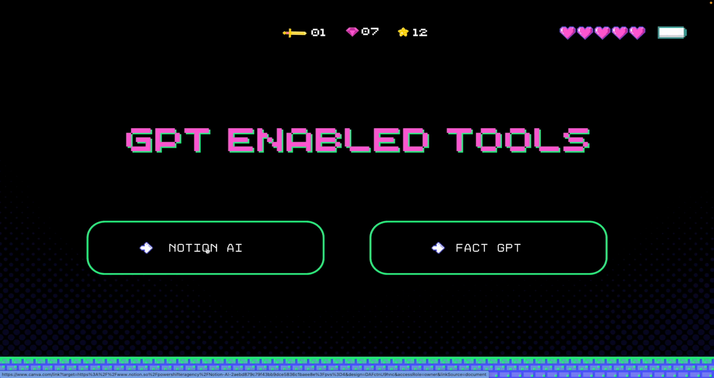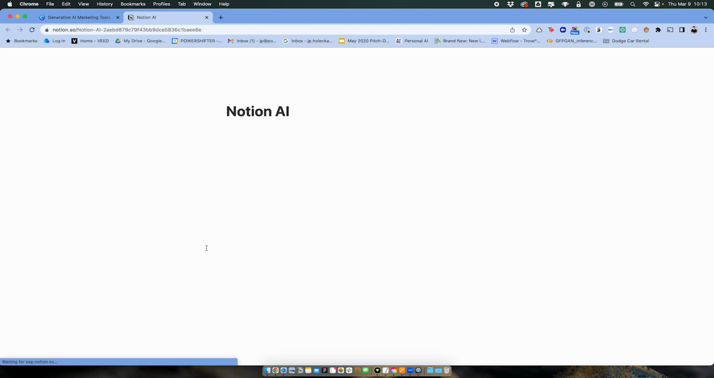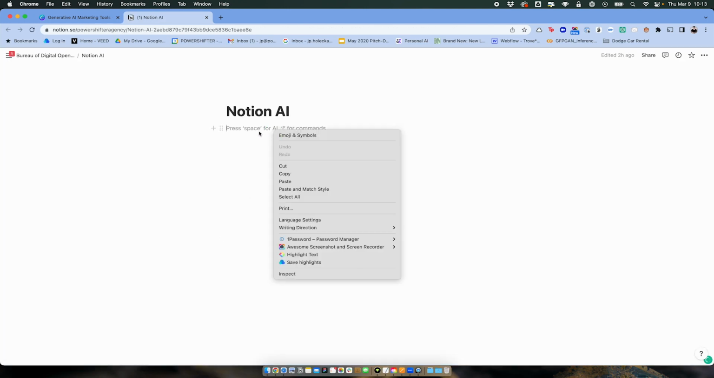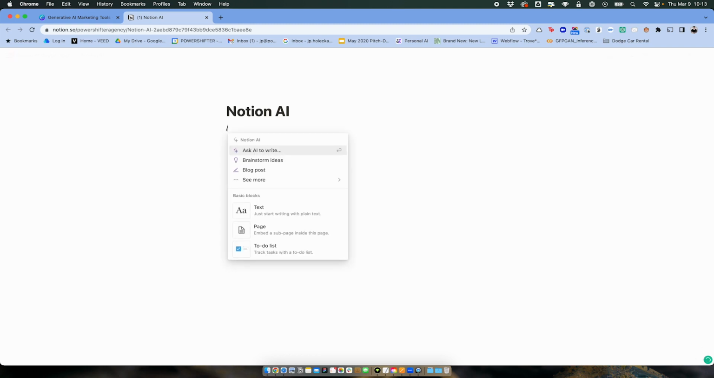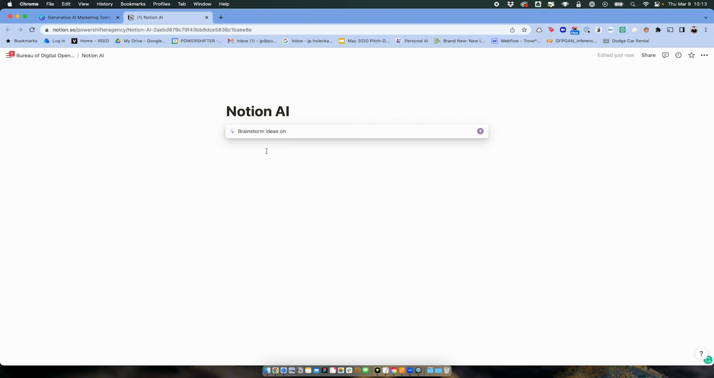So for those that are familiar, Notion is a note-taking tool, an organizational tool, and they have just recently put forward AI-enabled tools as a beta. So here's a blank page. I can do a backslash. Here's the Notion AI. I can have it brainstorm ideas, and I could say brainstorm ideas on